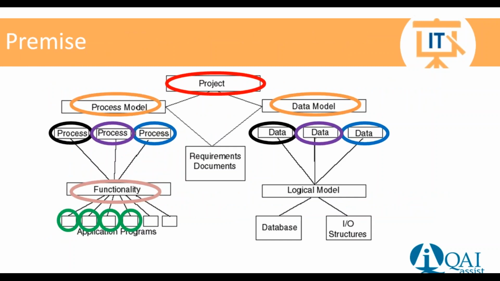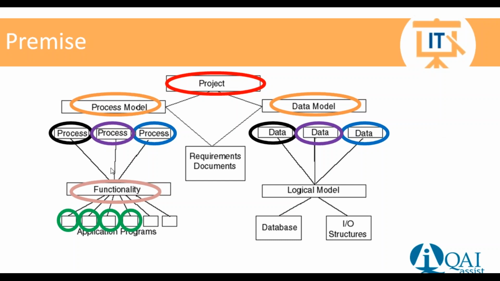And we talked about this idea of any project that we're going to be doing where you're going to need data and we are going to need process. The process is going to actually do things to the data. So once we have our data defined, we are then able to draw a correlation to the process that is going to be used to take care of that data, whatever that functionality may be.